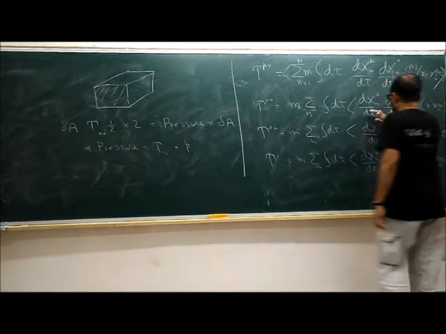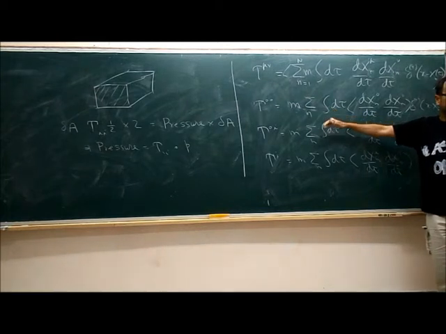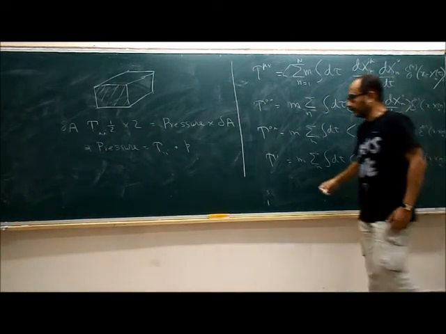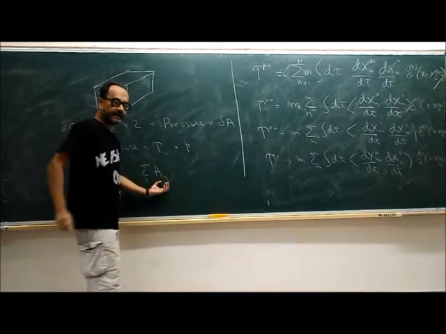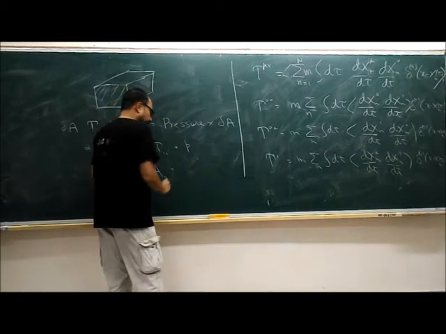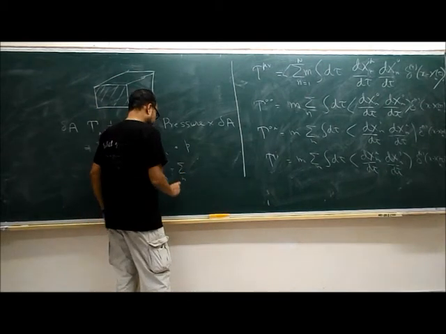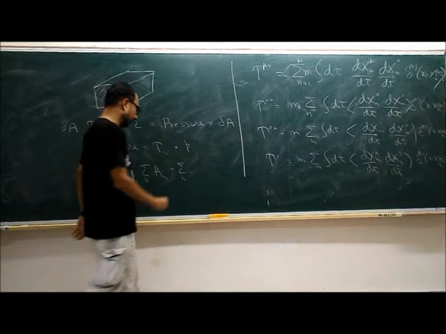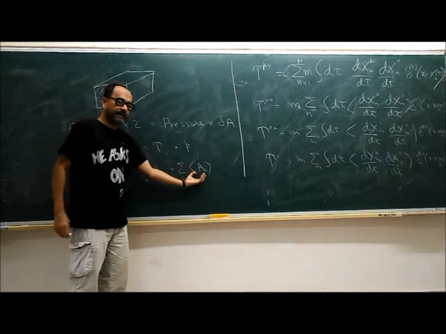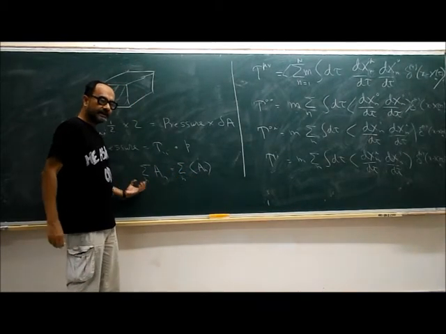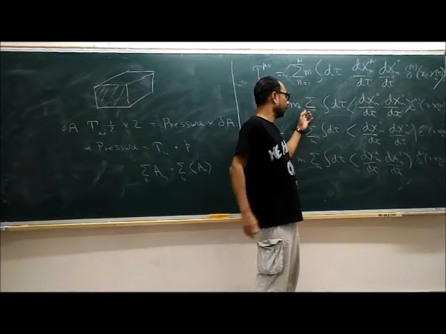No, I'm saying that we have replaced it by an average, but we don't have to do that, because a sum over a large number of particles does the job of averaging. If we have a sum over n for some quantity n, then this is, in fact, the definition of average. You don't even need a large number of particles. The average of n is the sum over n divided by the total number of particles. So by definition, this is the total number of particles times the average.